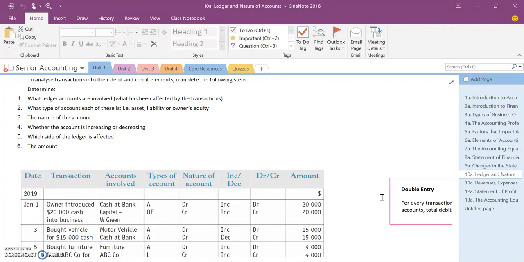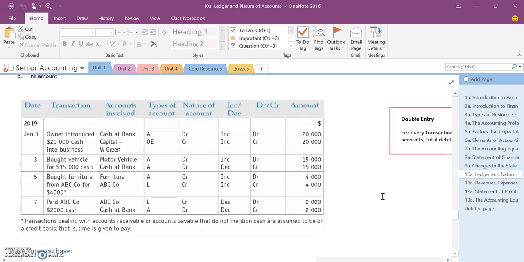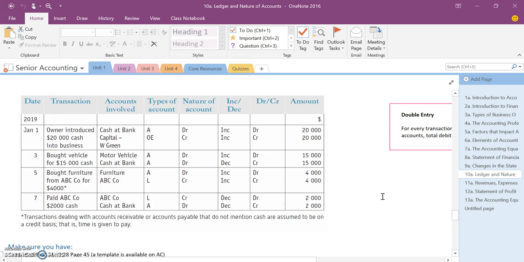Assets are going to be debit, and liabilities and owner's equity on the other side of the accounting equation are the opposite. So they are credit by nature. Okay, we are looking at whether that account is going to be increasing or decreasing as a result of that transaction, and then what side of the ledger is going to be affected. So is it going to be debit or credit as a result? And then obviously we put the amount in there as well. Okay, there is an example that's already done for you on the OneNote